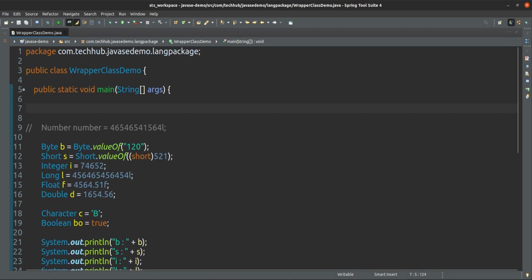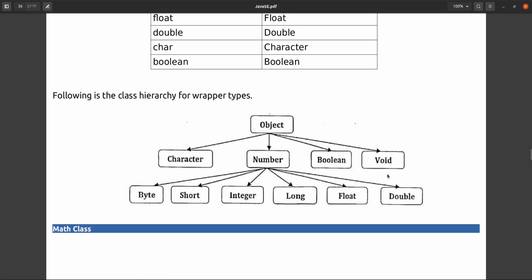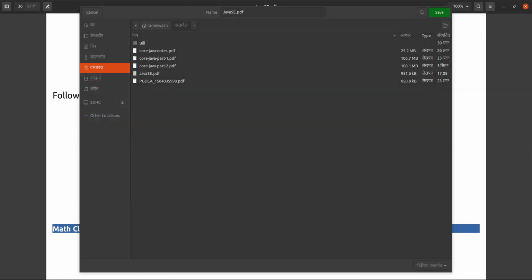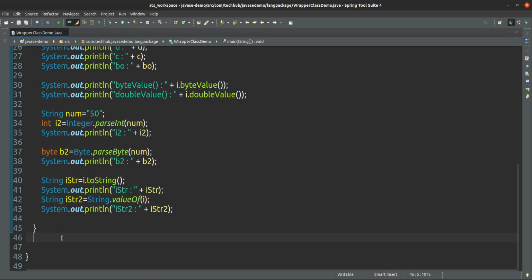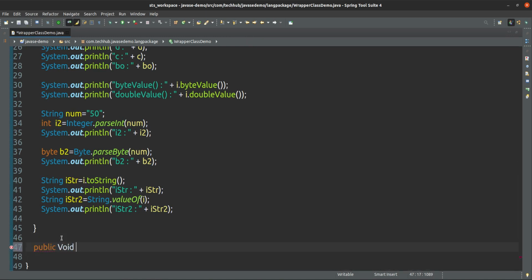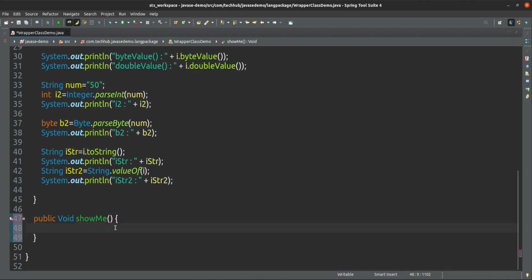So that's why void can only be used as a return type of a method only. Okay, and for void also they have given one class, like public void show me. See, yes, the method must return something, but this Void is a type actually. So what can you give? Void dot,